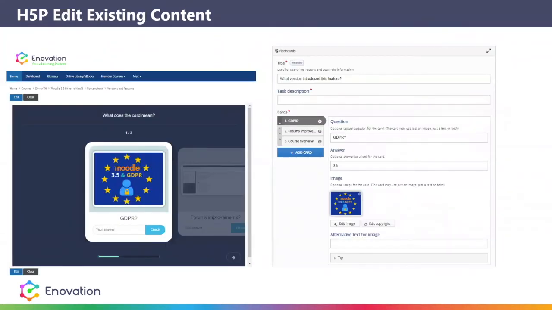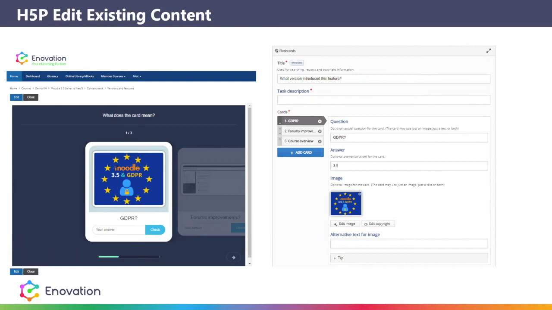If you wish to edit an H5P activity, from the content bank you just click onto it and then you click the edit button, and then from within it, you can add new questions, you can add different images, you can add even feedback that they're going to get if they get the answer right, and the feedback that they can get if they get the answer wrong. So really a lot of opportunities here,